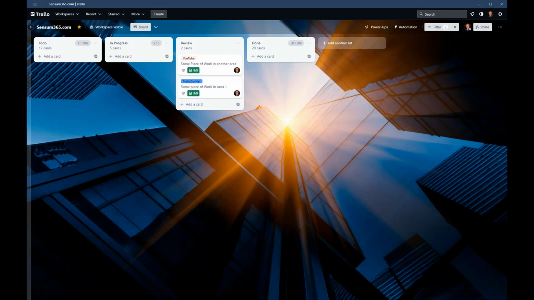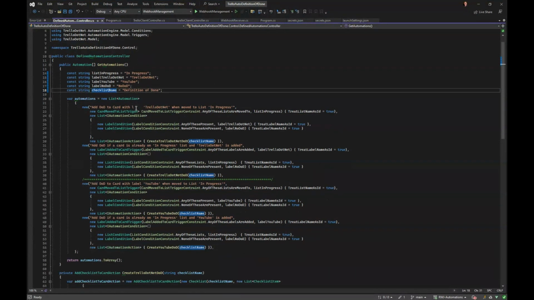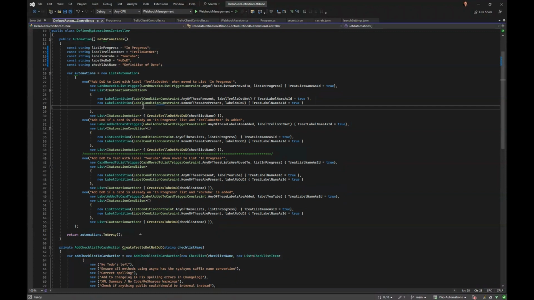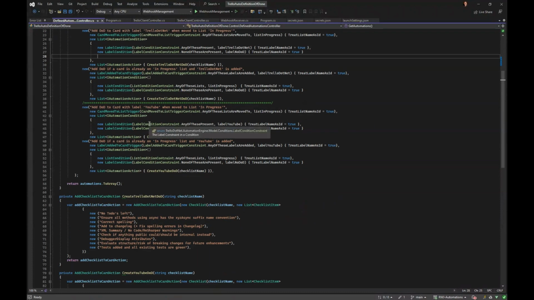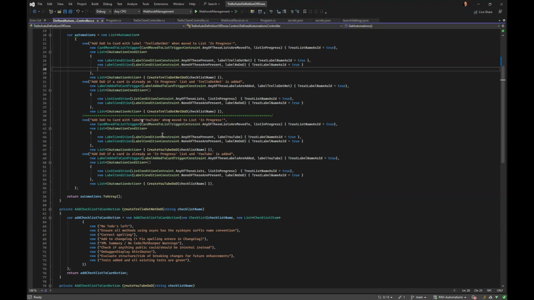If someone is interested in behind the scenes, it's just some code. You need to be a developer to make it, of course, and you set up some rules. In this case, specific for Trello, but there are different APIs for different boards, and most of them have them. Some boards might also have automations built in, so you don't need to code. It's only a few of them that actually have it in a good way. So in most cases, I make it because I want to have it be as automated as possible and as flexible as possible.